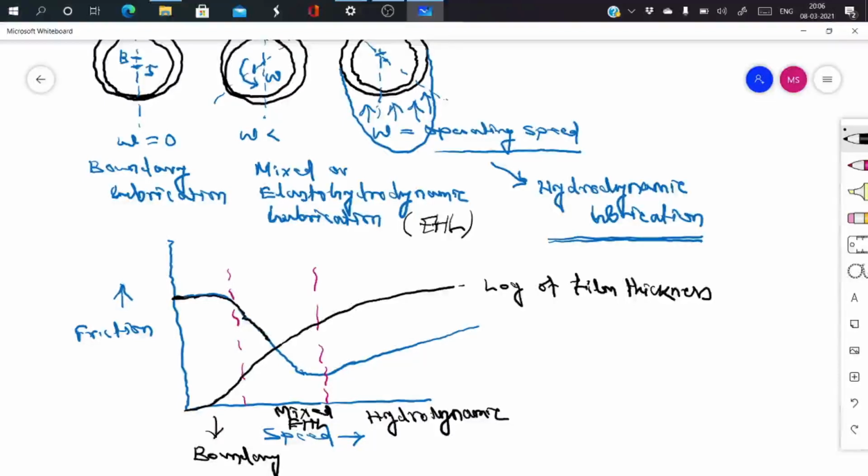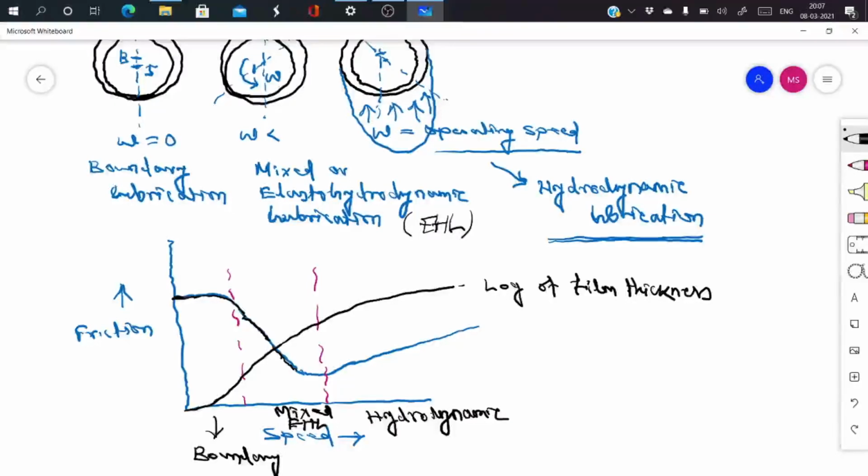After mixed lubrication, we go into elasto hydrodynamic lubrication. Here the gap is very small, but there is almost complete lift up. In that zone the roughness will play a major role. The pressure is so high that the peaks of the roughness will deform over the contact region. So material will deform, and therefore it is elasto hydrodynamic lubrication.